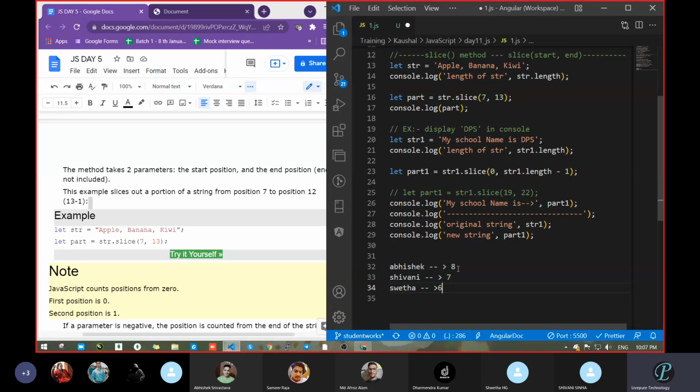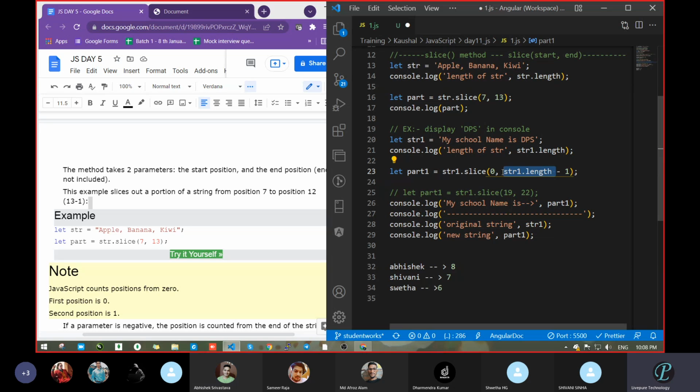Now see, all have different values, 8, 7, 6. Now if you have to calculate the length, then you have to go this way, with a hard coded value. Correct or not? And then you will take the last value. Now I don't want that. What I want, whether they have 10 letters, 5 letters, 18 letters, is not the issue. I want the last value. How can we take it? Directly str.length. It will give you the last. Got it? What is the benefit? Clear or not? str.length -1.